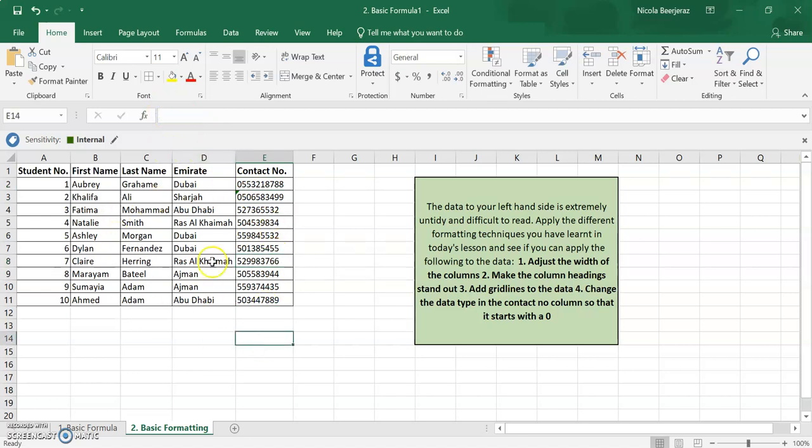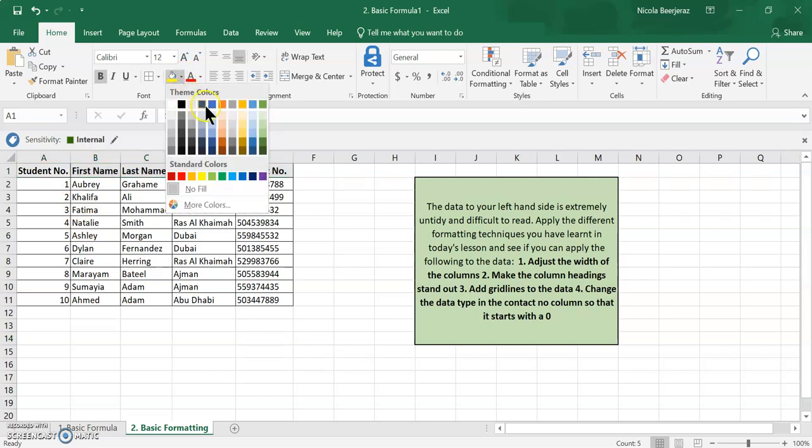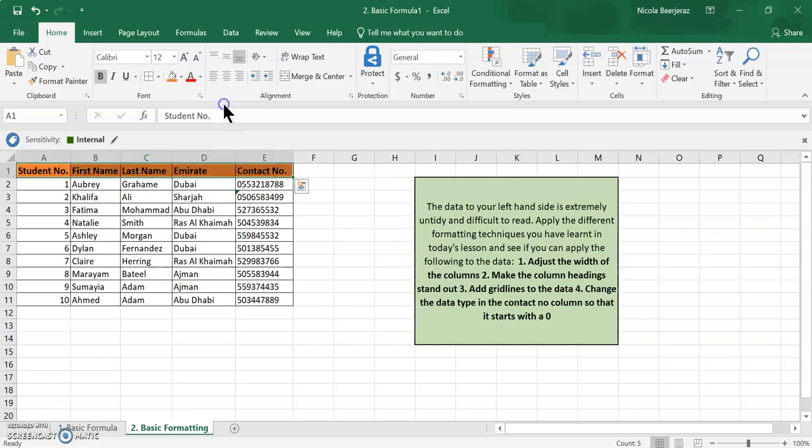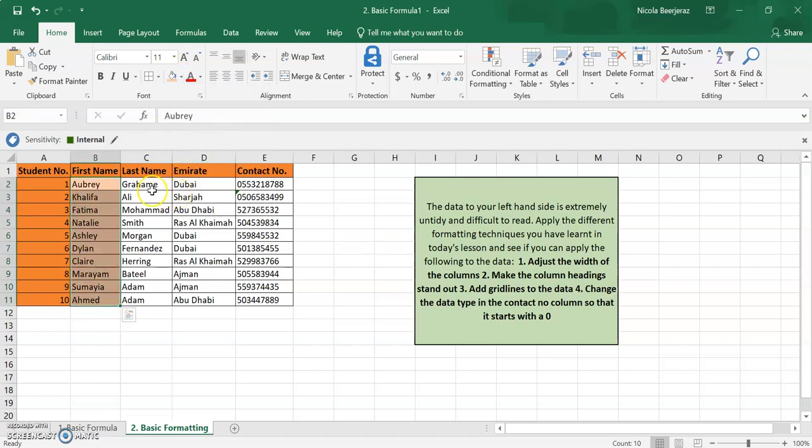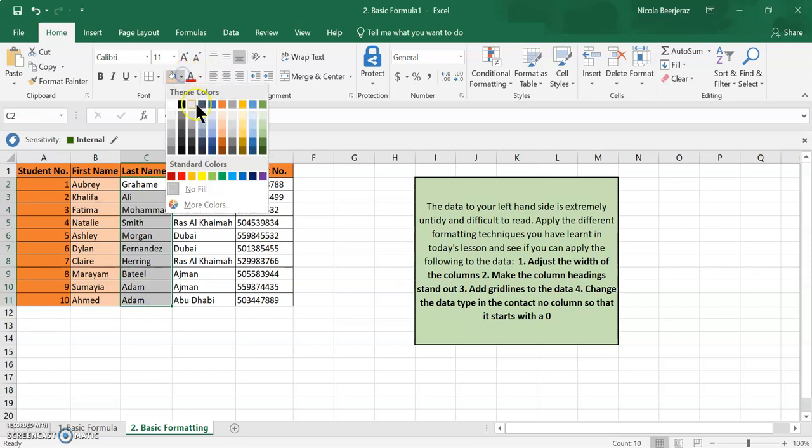There are other things that we can do here to format our spreadsheet to make it look nicer. Another thing I could do is change the cell color. So I can use this paint bucket and change the headings of the cells. I could go in and change this one here and I could change each of the columns to different shades if I wanted to. So I'm going to go in with a light orange here. This one I'm going to change to another color